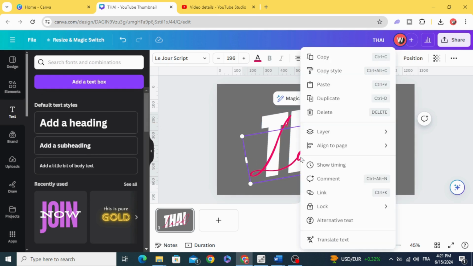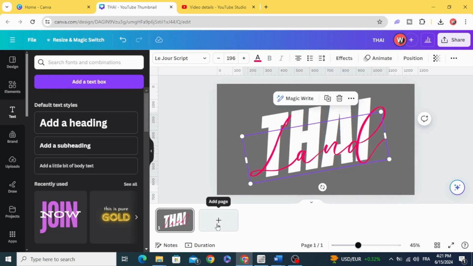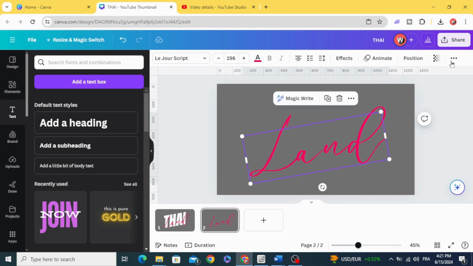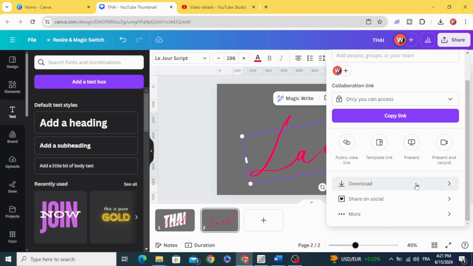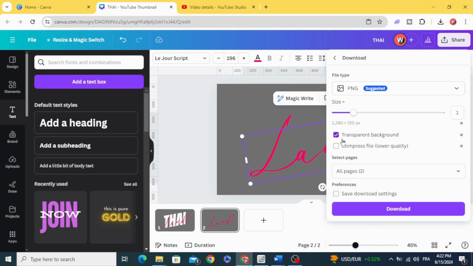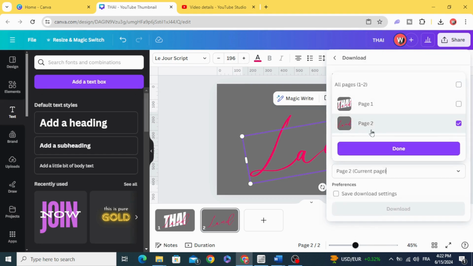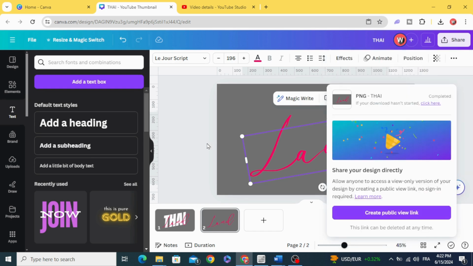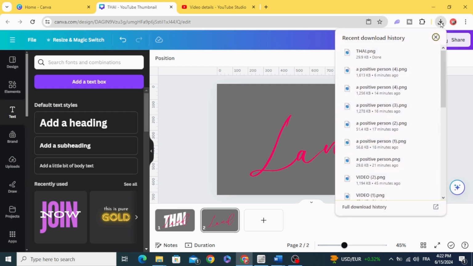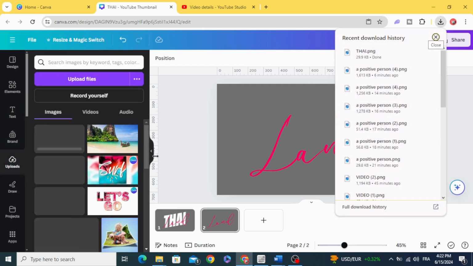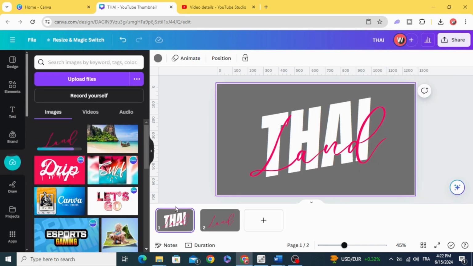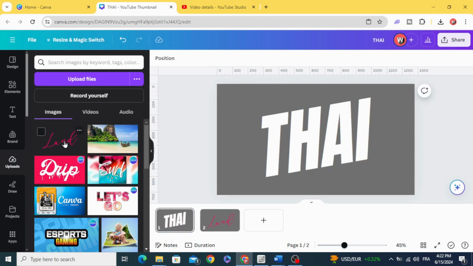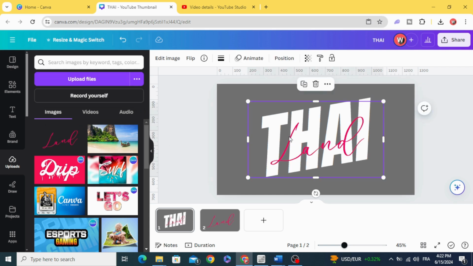Copy just this one, add new page and paste. Download as PNG with transparent background, just this one. Upload it. Go back to the first page and delete this text. Use the new image,